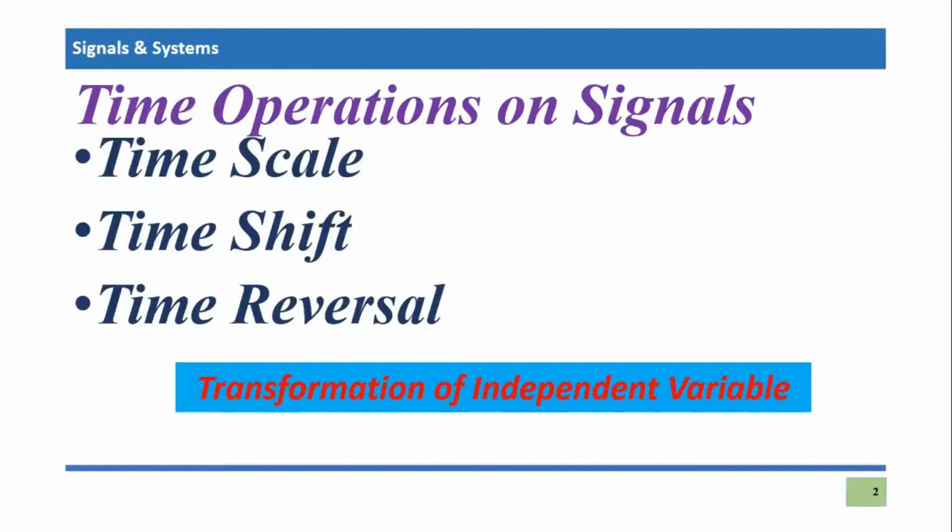In this course, we have started time operations. In the last two tutorials, we covered the time scale operation on continuous time signals and discrete time signals separately, so we are already done with the time scale operation. In this video tutorial, I'm going to talk about the time shift operation. Again, we will do two different tutorials, one for continuous time and another for discrete time signals. In this specific video tutorial, I'm going to cover the time shift operation only on continuous time signals. So let's start our video tutorial.